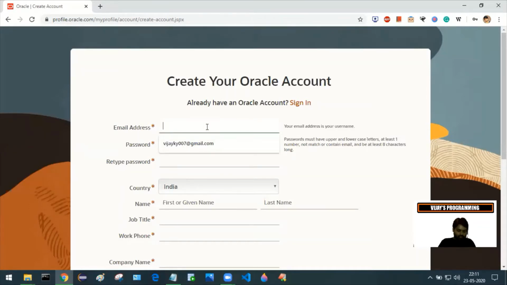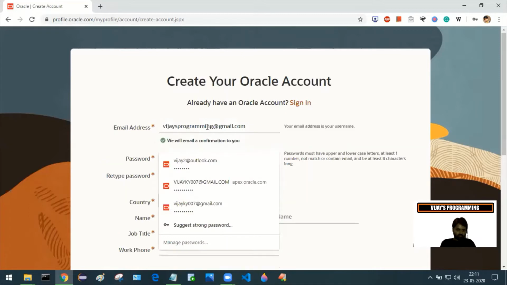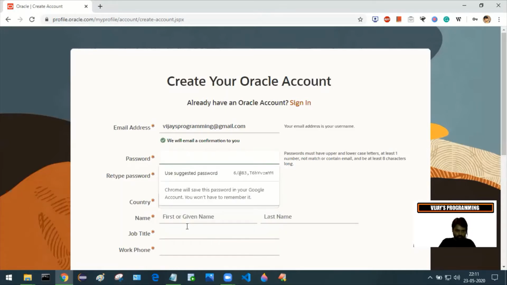So in my case, I'll be filling in the information like at gmail.com and the password. I'll let Google Chrome suggest one good password.